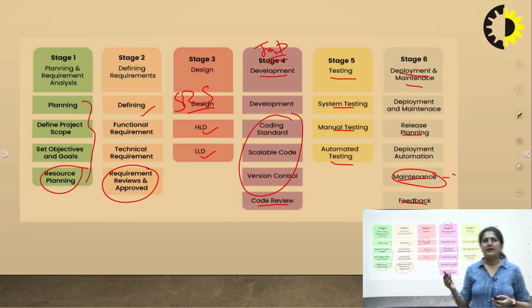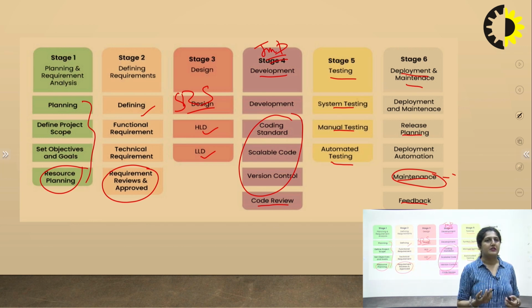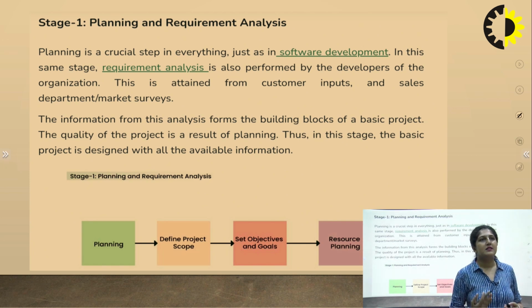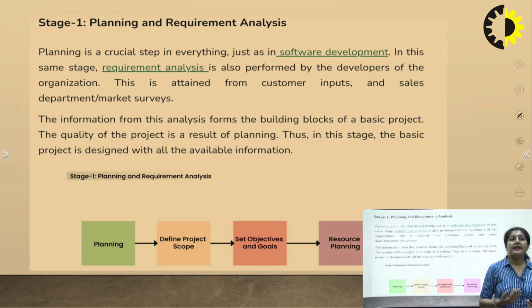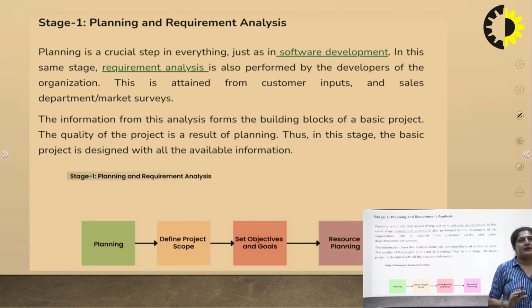So let us understand all the stages more briefly. What are the different stages? Firstly come the planning and analysis of requirements. Planning is a crucial step in everything, just as in software development. In this same stage, requirement analysis is also done by the developers of the organization who want to develop that particular software. So in requirement and planning analysis, what we do, firstly we will plan,